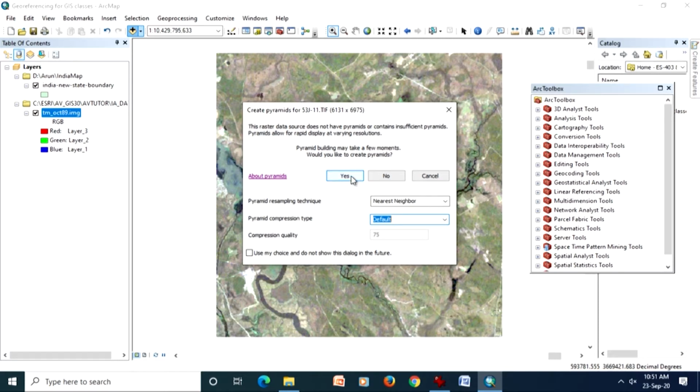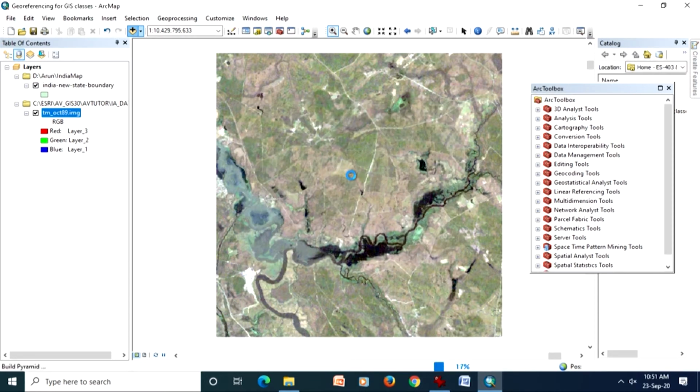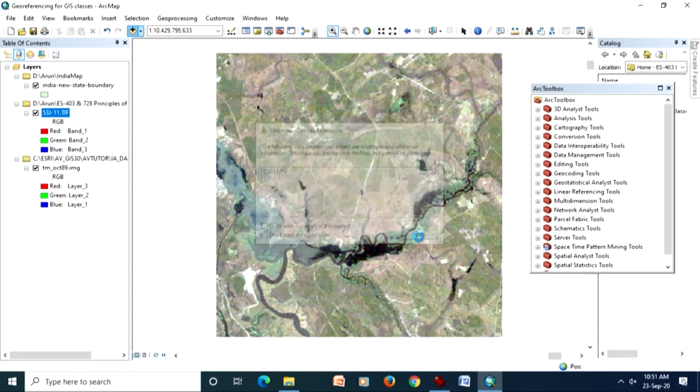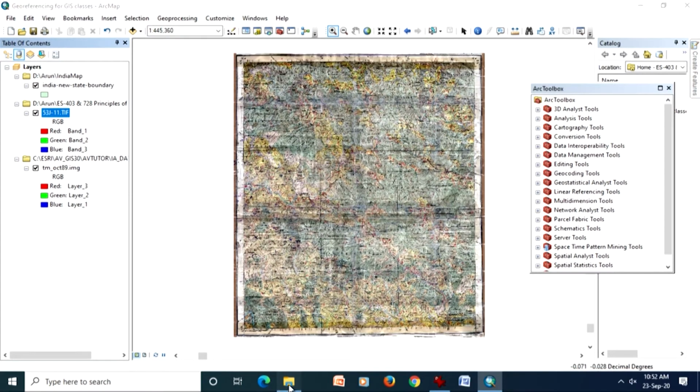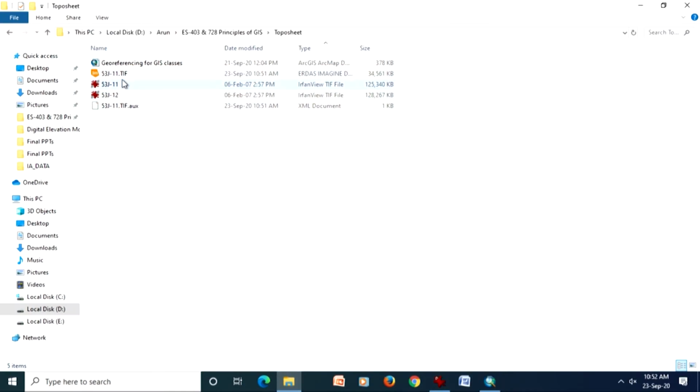So when I request, okay, create pyramid, let's see what happens. It will create the pyramid as it is doing here, and once the pyramid is there, it will add this in my project, which has been added like this here. At the same time, in my folder, it has created two more files. One is this ADAS Imagine TIFF file, of course, that is there, and for that the original file was this, and then this aux file has also been created. So these two additional files have been created.